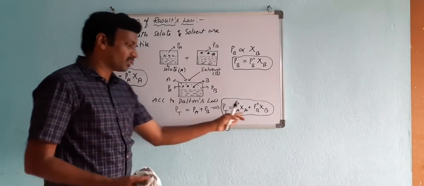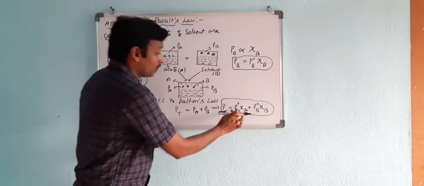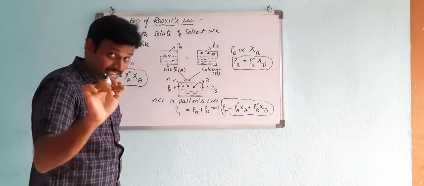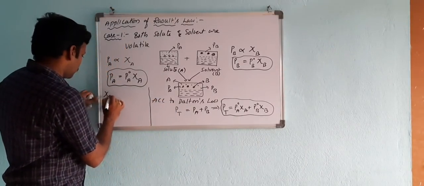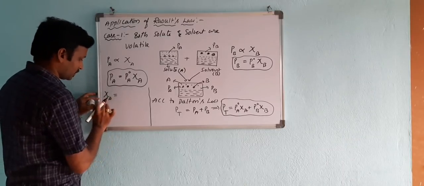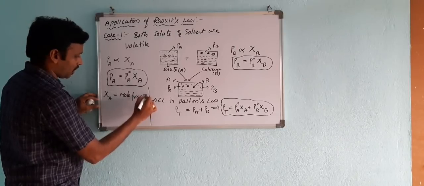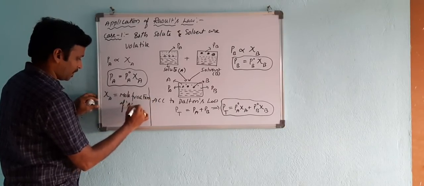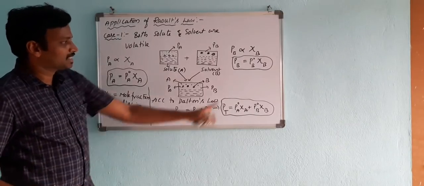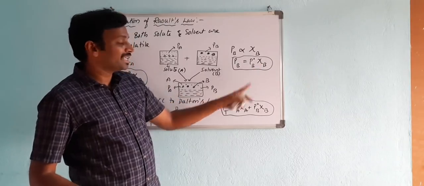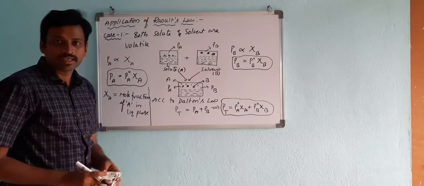Why we have to discuss this: for solving numericals. I'm telling you one important thing here. These are the mole fractions of liquids, liquid state, so it is better to mention that here. The mole fraction of A, xi A, is the mole fraction of A in the liquid phase. This is very important. Similarly, here xi B is the mole fraction of B in the liquid phase. Getting what I am saying?